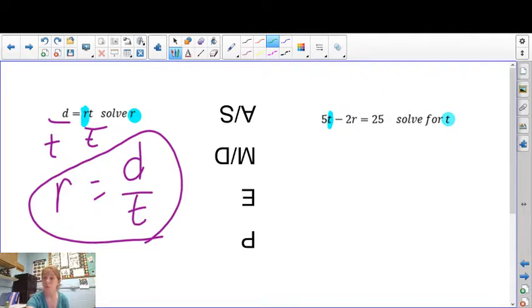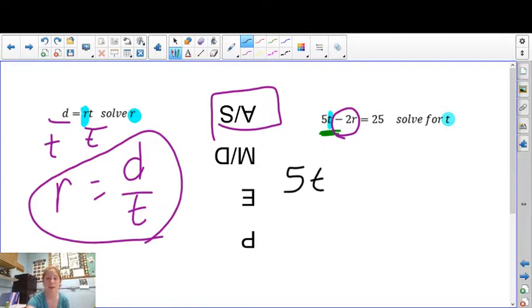Now, we've got multiplication, we've got subtraction, we got some more multiplication. So, since the 5 is affecting my T, I need to keep them together because I have to get them by themselves in order to separate them. However, I've got this extra junk going on. And that extra junk falls under this first category of undoing my addition and subtraction. So, before I can get to that T, I need to undo that